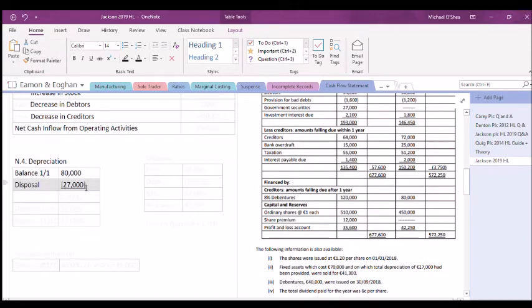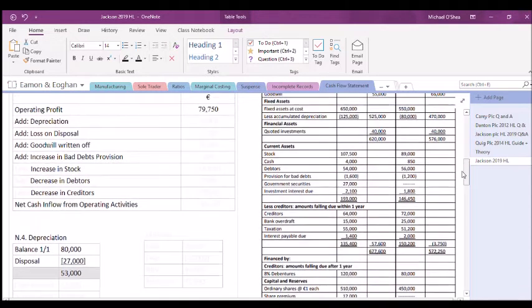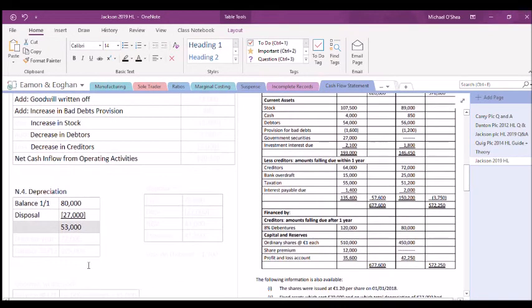I'm going to take this depreciation out from the balance of the first, and it gives me a remaining balance of 53,000. Now, to get from 53,000 to my balance at the end of the year, which was 125,000, I have a missing figure. And that missing figure is going to be my depreciation for the year,